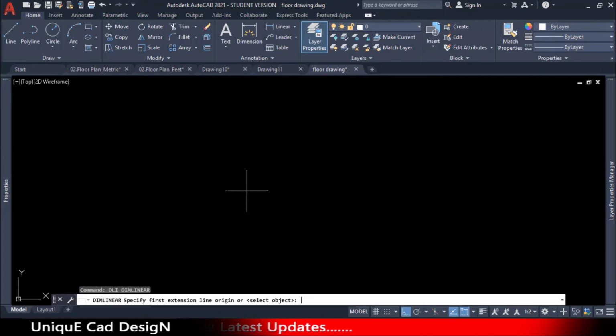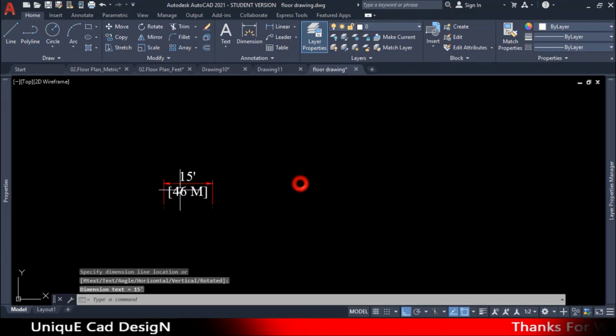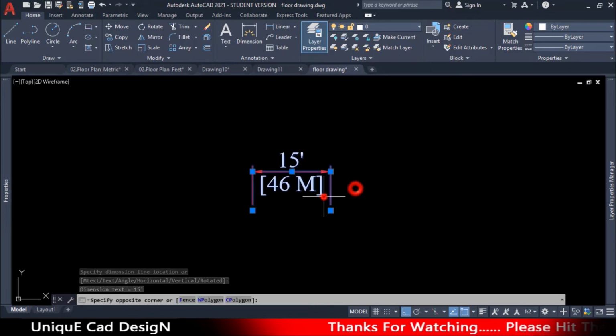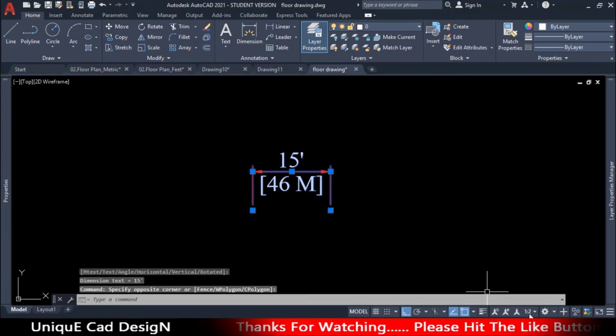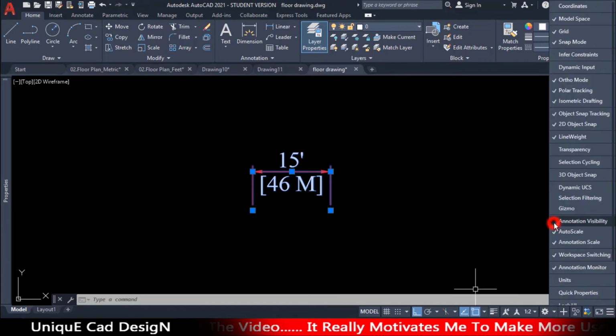Now I will create one dimension here of 15 feet length. It is 4.6 meters. So this dimension is created at a scale of 1:2. If you are not finding these annotation symbols here, click on this customization bar and select annotation visibility, auto scale, annotation scale.